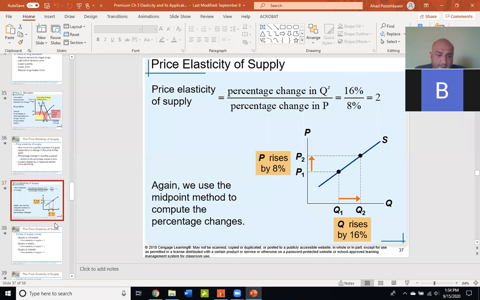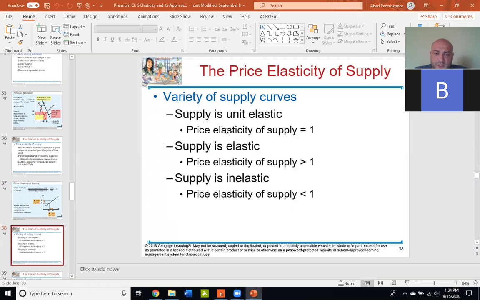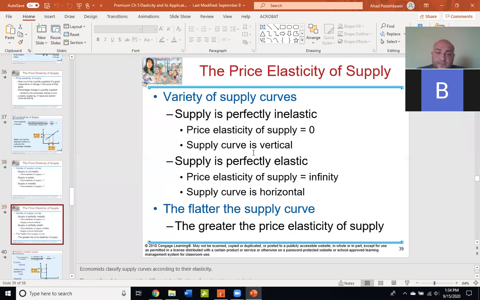Now, here you can see that elastic, price elasticity of supply is greater than one, inelastic, smaller than one. Now, in order to be able to understand the situation, let's look at two extremes. When supply is perfectly inelastic, price elasticity of supply is almost zero. Of course, it will never be completely zero, but we assume it is to be able to understand something and